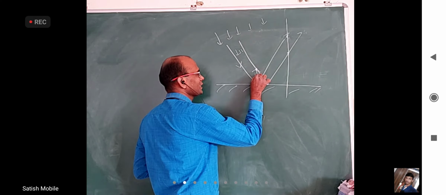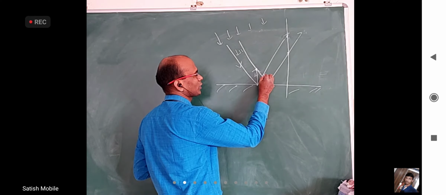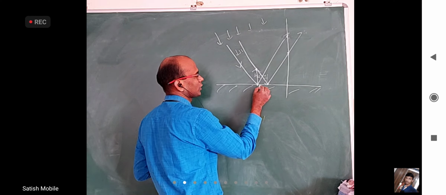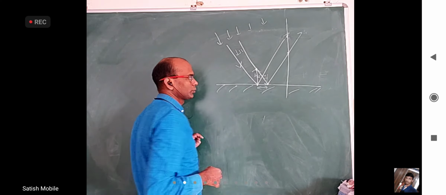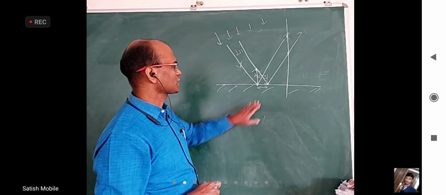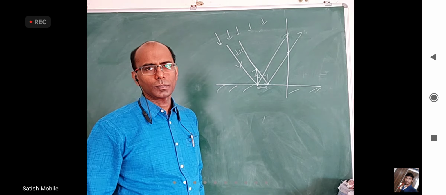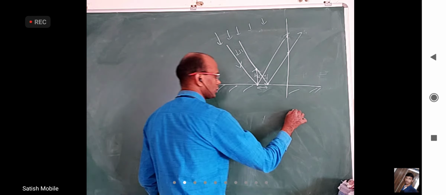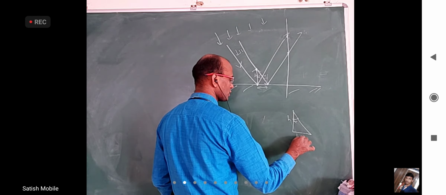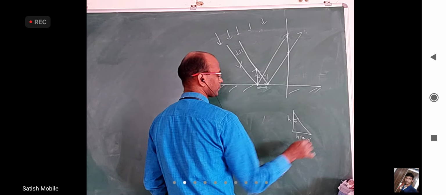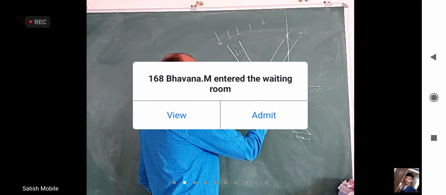So this height is h, and with respect to vertical, I said this is making 20. I'll call that as alpha. This is also alpha. What is this length from this small right angle triangle? This h. This is alpha. Is it h tan alpha? Yeah, there is a small right angle triangle. This is alpha. This is h. So this is h tan alpha.